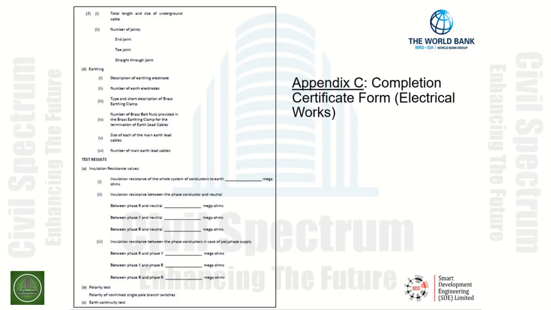Item A, insulation resistance values. A1, insulation resistance of the whole system of conductors to earth in mega ohms. Next, insulation resistance between the phase conductor and neutral. This is item number 2. Item number 3 is for polyphase systems. The insulation resistance between the phase conductors in case of polyphase supply. As you will see here,